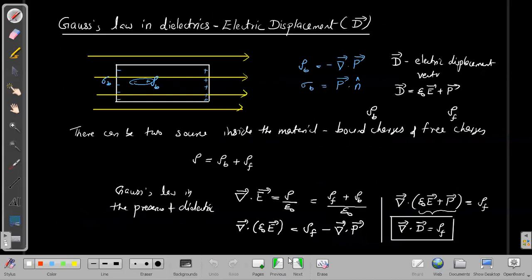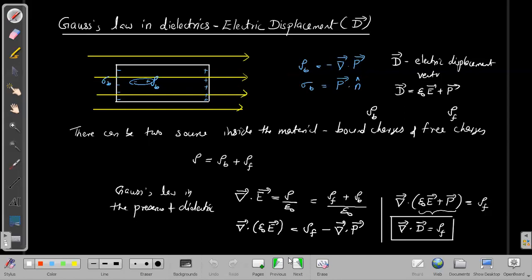So we have started with the Gauss's law in dielectrics, the dielectrics or insulator. In dielectrics as well as insulator, if you apply the external electric field, that produces the induced dipole moment or polarization, and as a result, we'll get some bound charges inside. So if you take a material, you can have two kinds of charges. One is the free charges, over which we have direct control, and the other one is the bound charges.